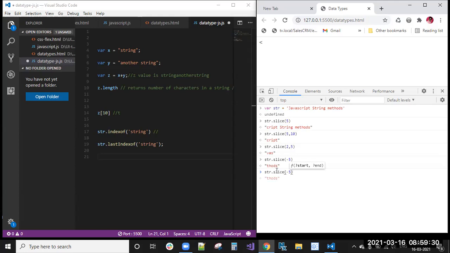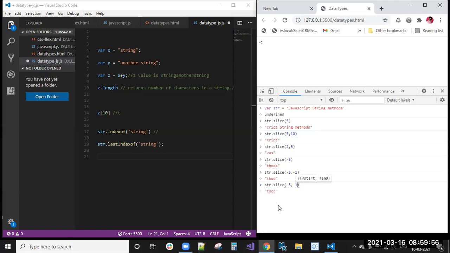Like this, we can write -5 to -1. -5 means this one: -5, -4, -3, -2, and -1 is up to here. So it will return your new string, like this. Minus means it will start from the end.